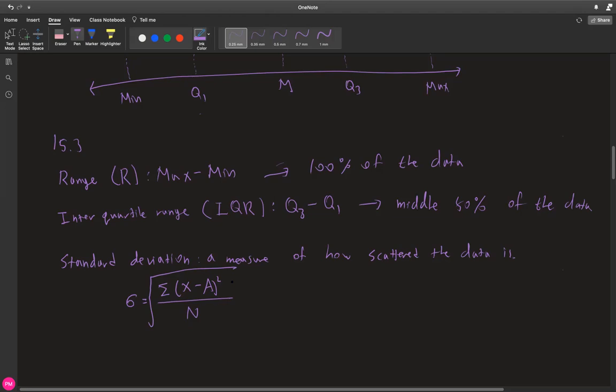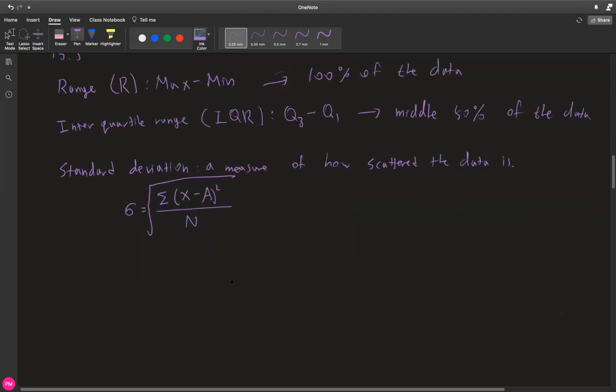And I know this may not make a lot of sense to you, but simply if A is the average and you have data points x1, x2, x3, dot, dot, dot, all the way up to xn,